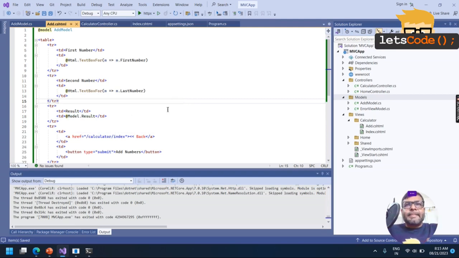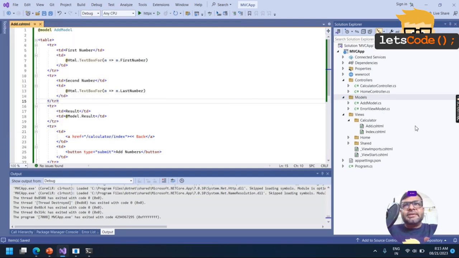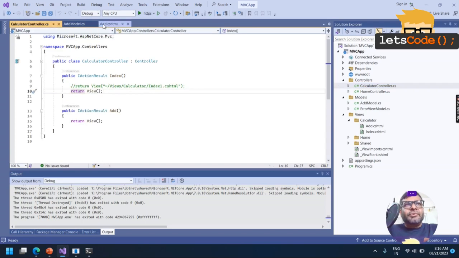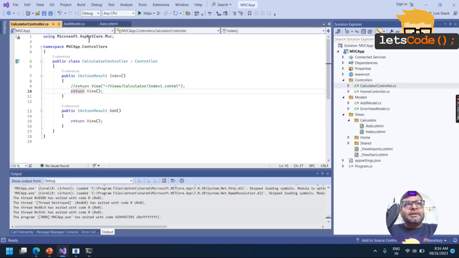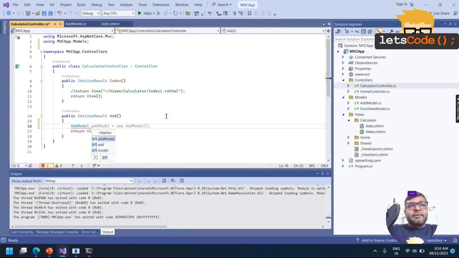So it's done. Let's see first of all getting the value from controller to UI. We have many things open. Let me close a couple, so close all but this. I'll open my model class and my controller class. So we have model, view and controller all open. My intention is, when my view is being rendered, I want to bring some numbers.